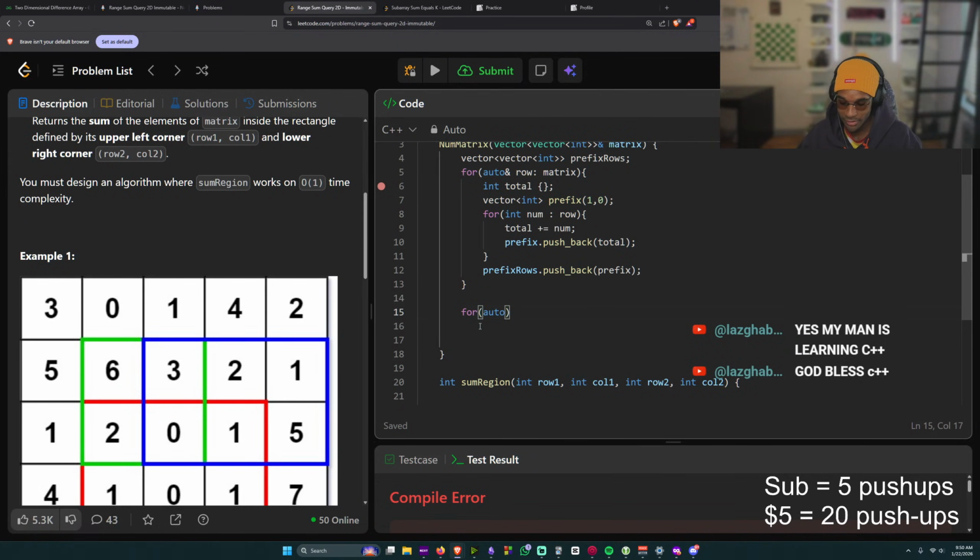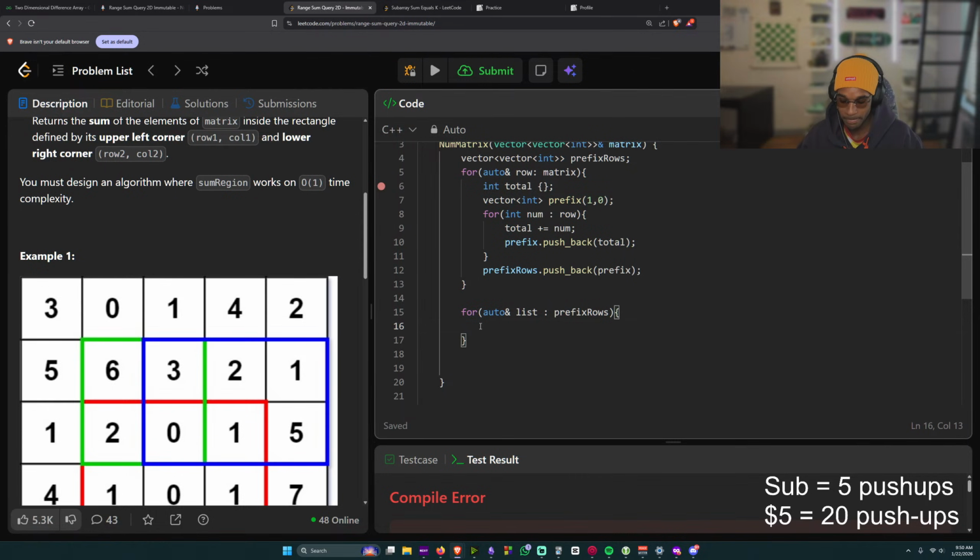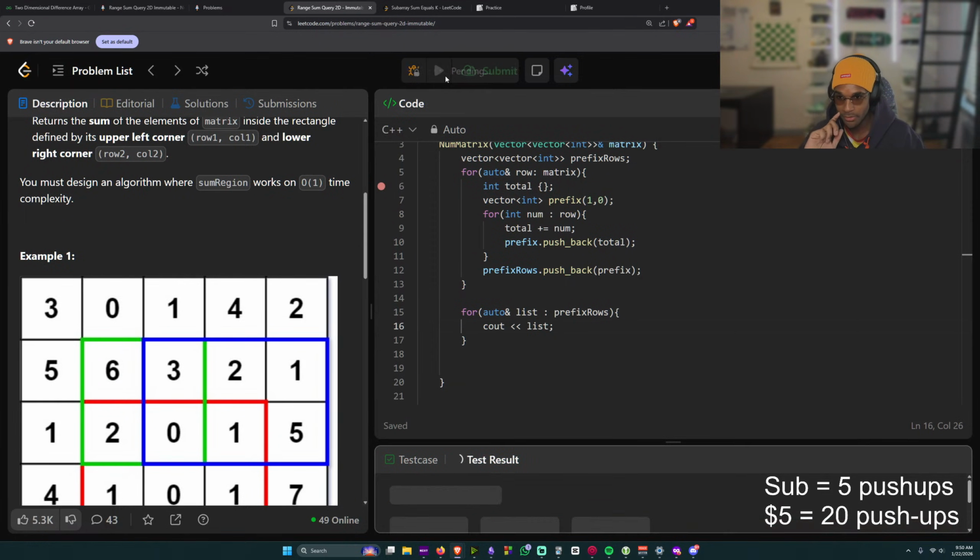I can't lie. All right, so auto and, I don't know, list in prefix rows. And then cout list. Is that what they want me to do?